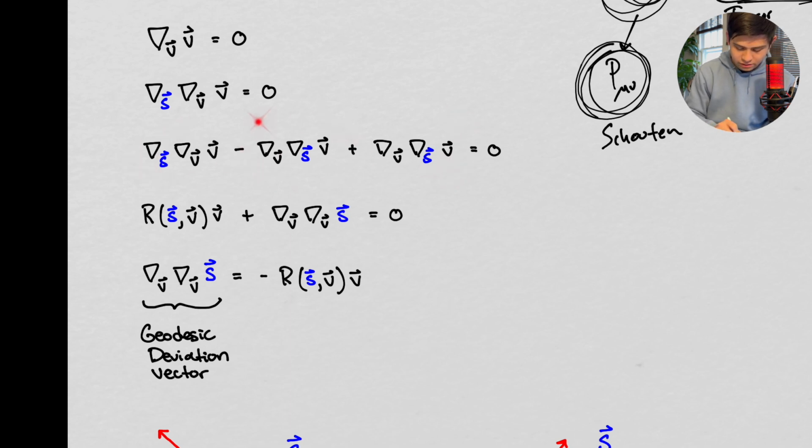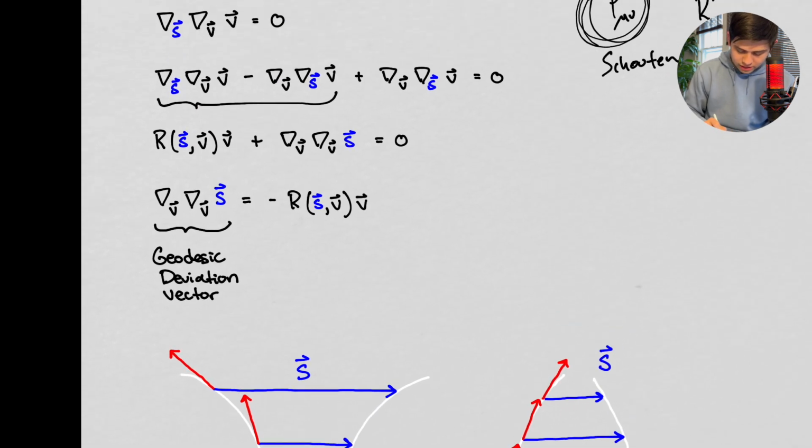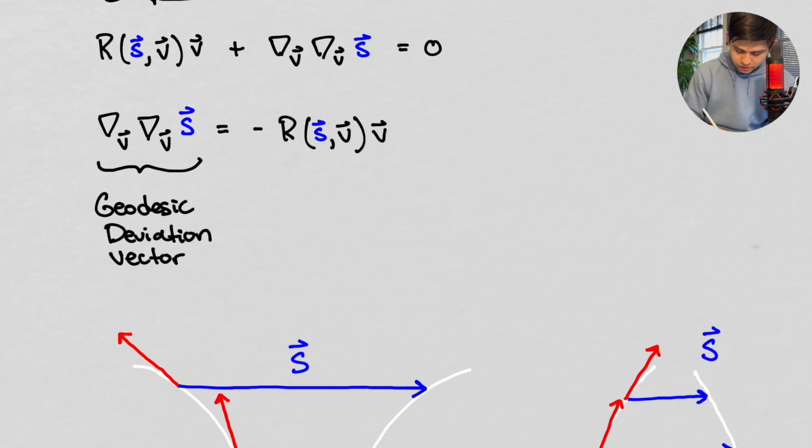But we find out that this here, well, this is the Riemann curvature, right? That's this. So all of this is right there, and then we're left with this guy right here. All right. And then we take this to one side, and we get that this is the geodesic deviation vector, right? So this here is our,